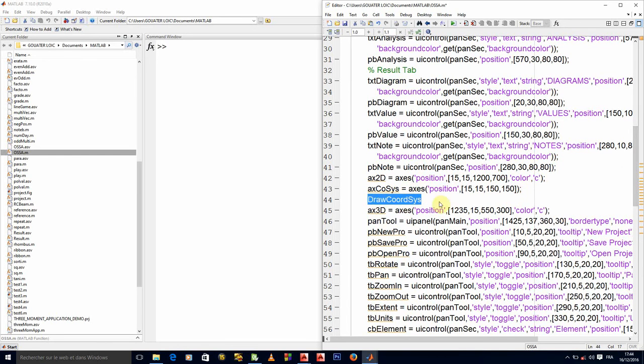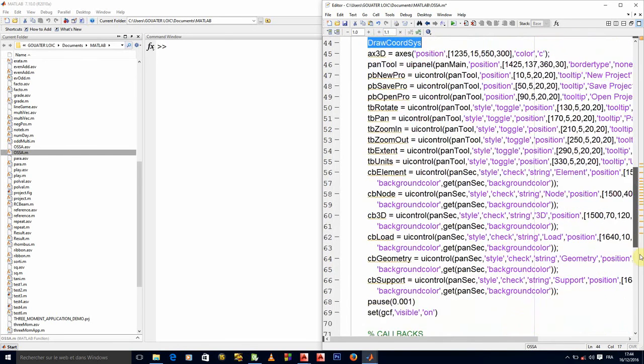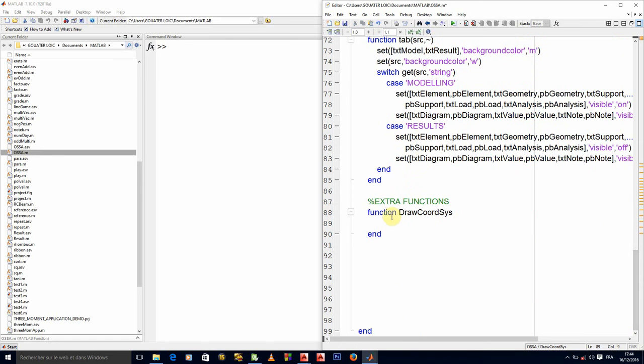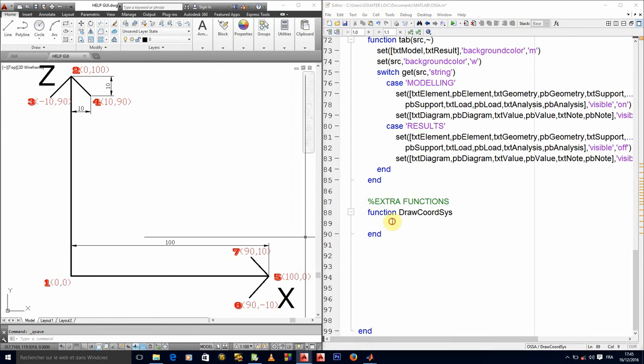And when it calls this draw chord cis, the lines of code that will be executed are what we are about to write here now, okay? So let's put that AutoCAD back as reference. So what I'll do here, I'll use the patch function, okay? That will help me to easily draw this, right? To use the patch function, I'll need a coordinate matrix that stores all the coordinates of my drawing, right? So I'll call it chord, in the form of x and y.